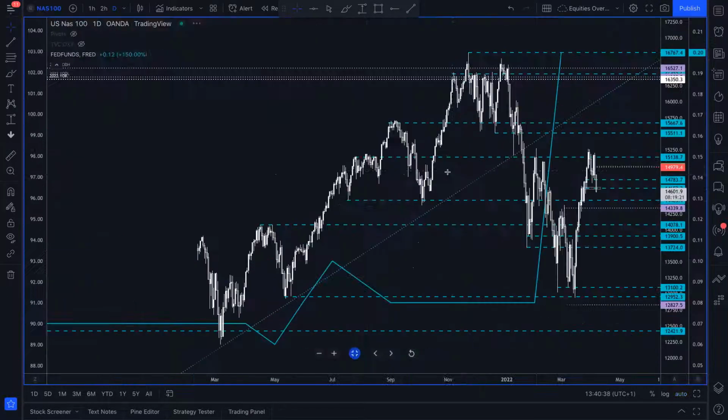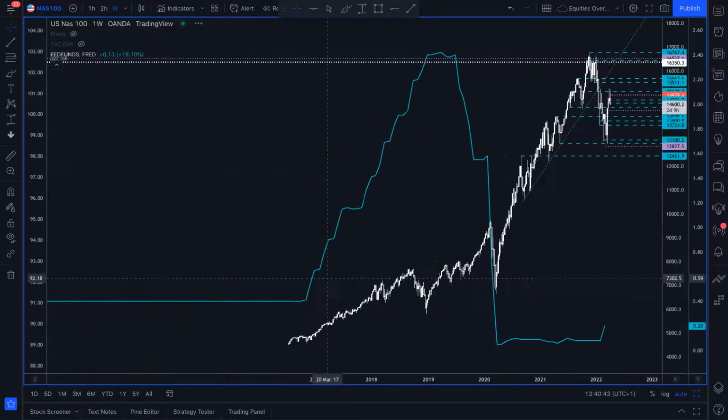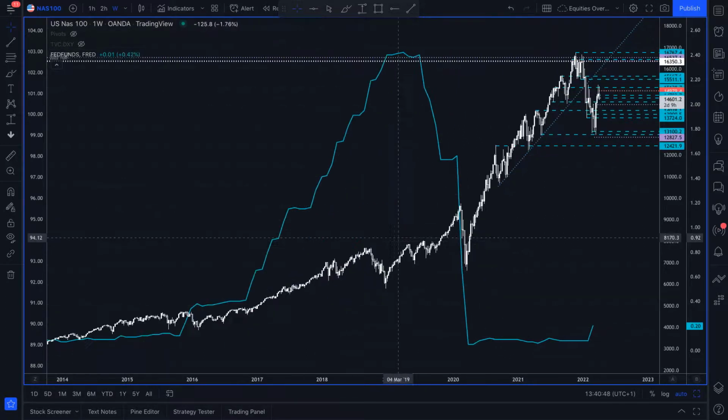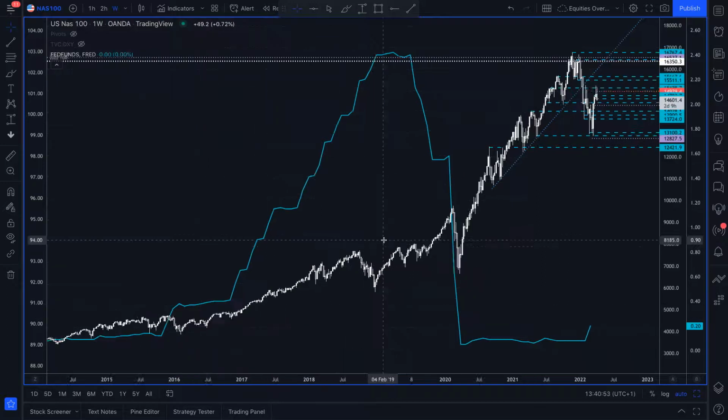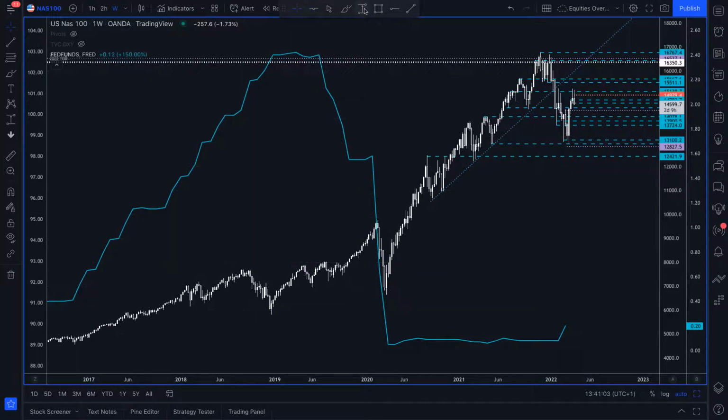If you look at the Nasdaq on the weekly chart, I've got the Fed funds interest rate here. This is the interest rate of the Federal Reserve. What you notice is that when the Federal Reserve hikes interest rates, stocks can still gain. But you look here in 2018, what happened is the Fed was hiking rates aggressively as growth was slowing. And so the Nasdaq saw around a 25% fall at the time due to the Fed hiking aggressively,